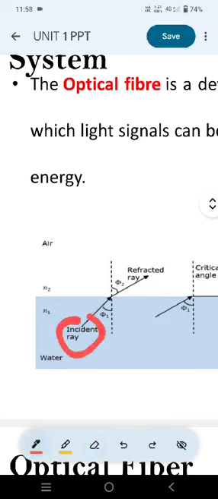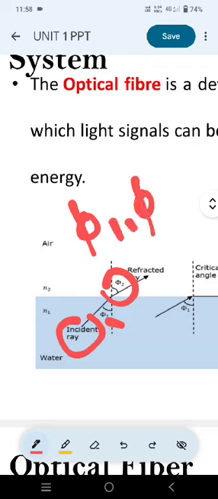It creates some angle with the surface, that is phi 1. This is known as the incident angle, and the ray gets refracted into another direction. The refracted ray similarly creates an angle with the surface, that is phi 2. So here phi 1 is the incident angle and phi 2 is the refractive angle. So the total internal reflection means the incident angle will be